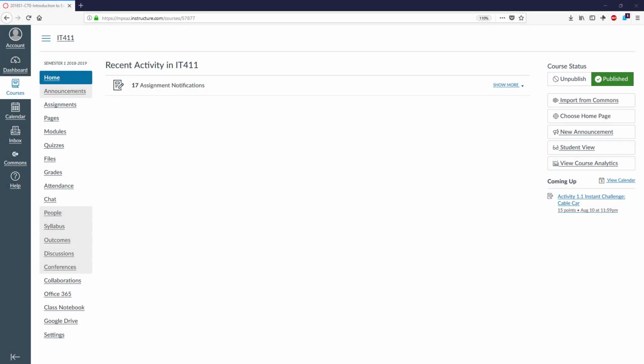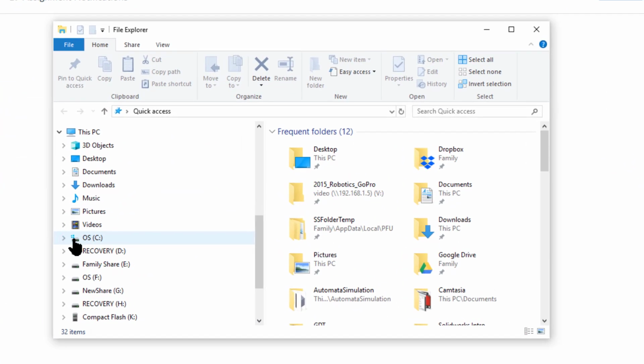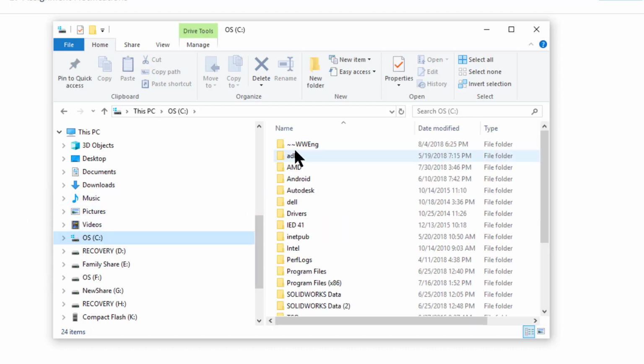Today what we're going to talk about is an introduction to SOLIDWORKS. And before we can really start SOLIDWORKS, we have to understand a few things about the file structure that we're using in class in our labs. So what I'm going to show you here is in every class laptop under the C drive, which is under my flashing cursor, you're going to find a directory or a folder that's titled